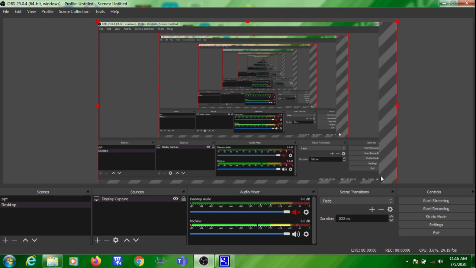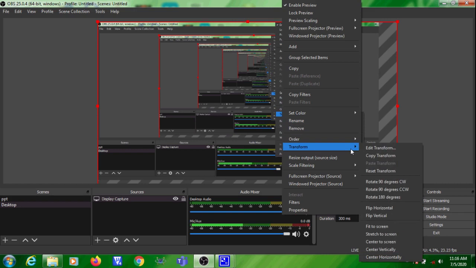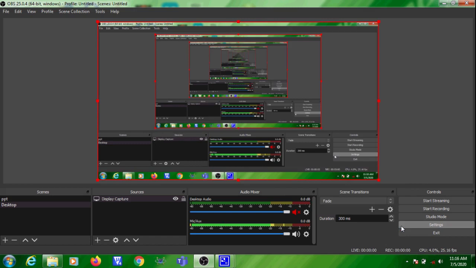So how will I convert this resolution into that actual output resolution? For that you can right click on this window, click on transform, then select fit to screen, right? Right click, select transform, click on fit to screen. So now you are going to capture the whole window, you can see. So the output and the input have been configured properly. So now the whole screen will be captured.